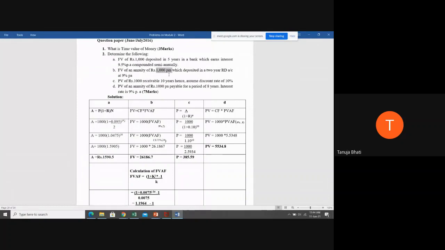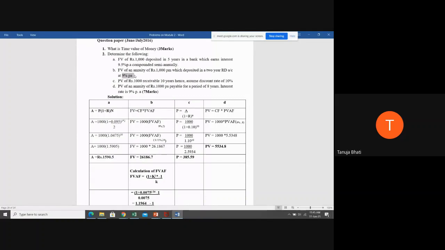It is not that you directly calculate interest on 1000 into 12, so 12,000 at the end of the year. Obviously you will not calculate interest that way. Suppose I'm paying 1000 rupees every month in the bank, that interest will be accumulating for every month. But since your rate of interest is given per annum, we are dividing the percentage, that is the rate of interest,